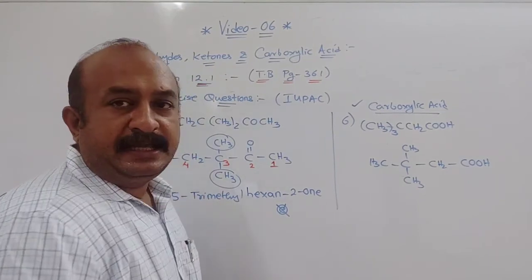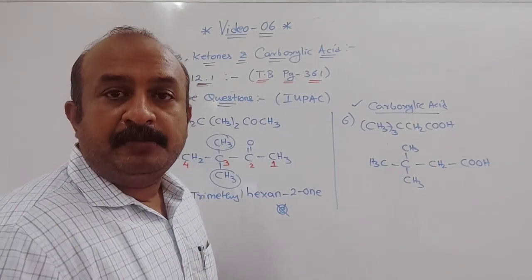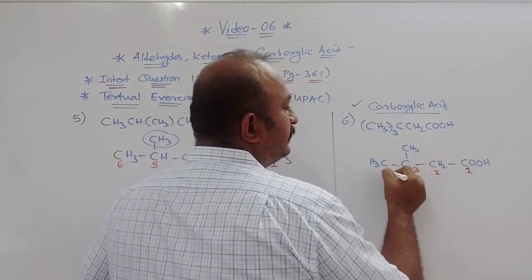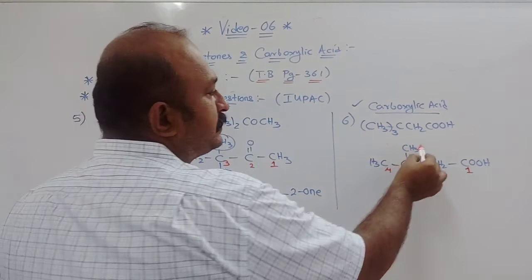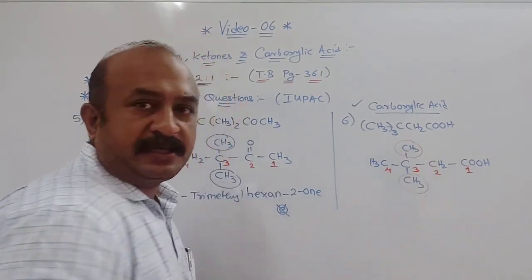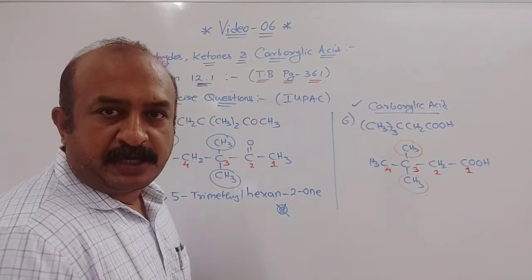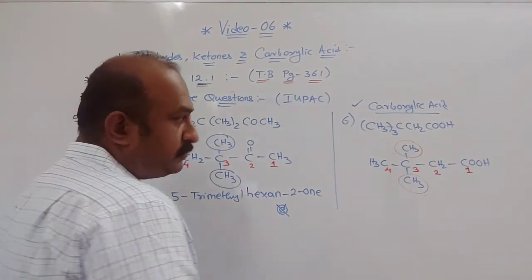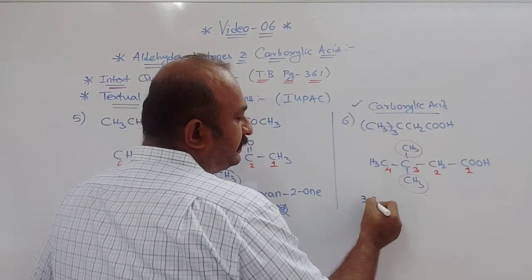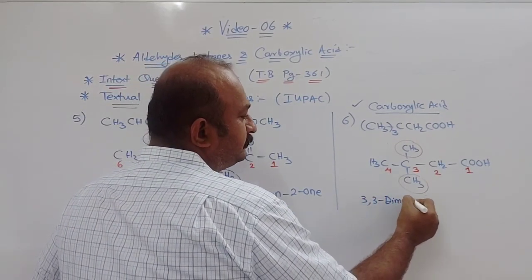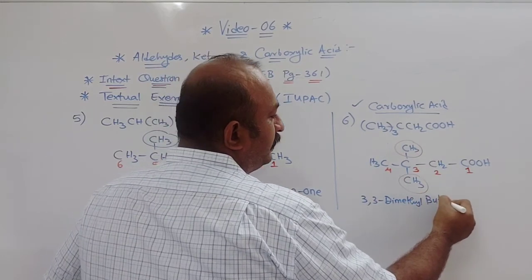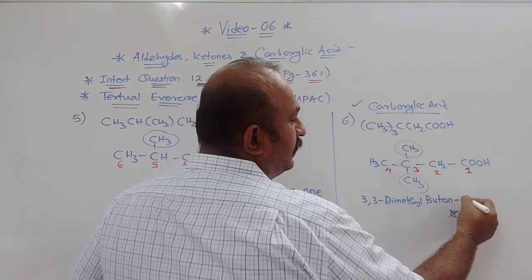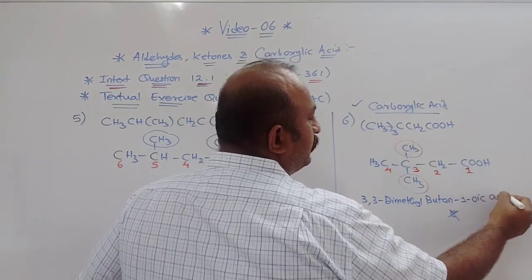Always remember that aldehyde and carboxylic carbon are given number 1. Okay, so when I give this is 1, this is 2, this is 3 and this is 4. So at third position you can see there are 2 methyl groups. When we write the name, we can write 3, 3 dimethyl. 4 carbon means butane. From butane, what is removed? E is eliminated. Dash 1 dash OIC acid.